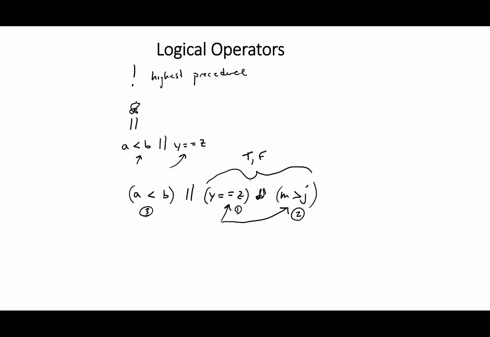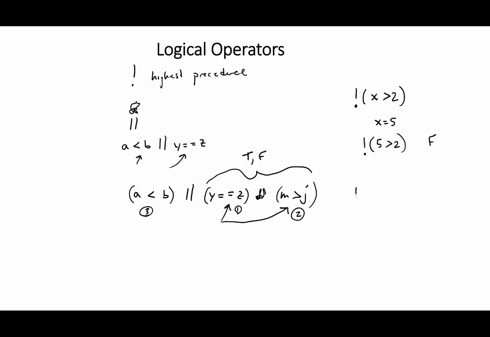So now let's look at something with the not operator. Let's say we have x greater than 2, and we have the not operator. Remember, the not operator is going to reverse whatever that is. So let's say that x is 5. If x equals 5, well, 5 is greater than 2, so that's true. But then if we reverse this with the not operator, this is going to be false. What if we